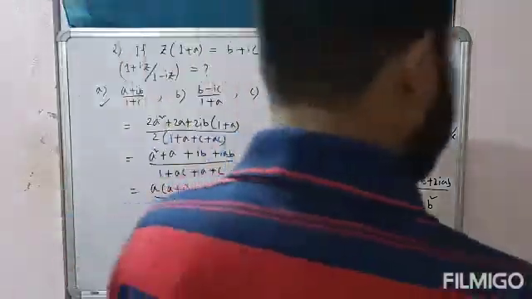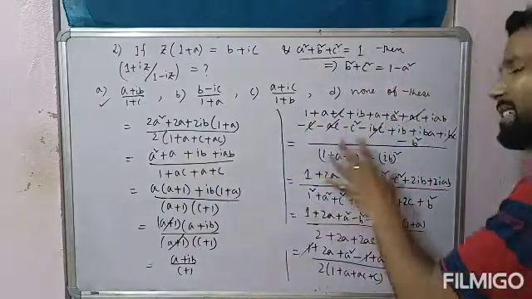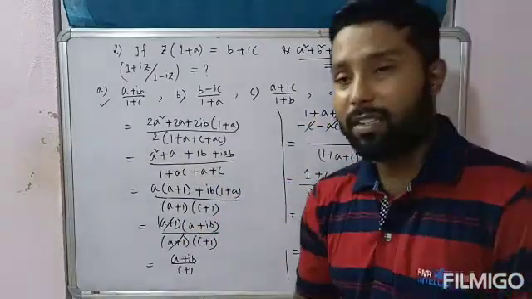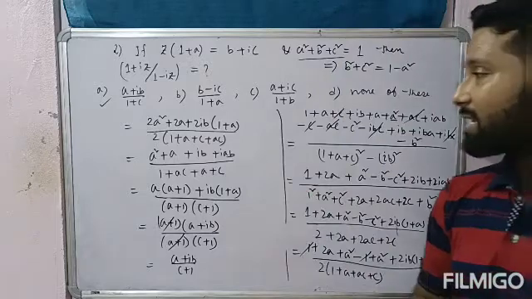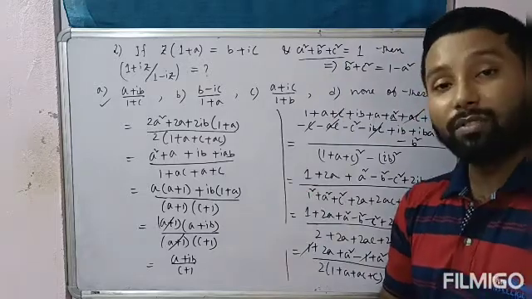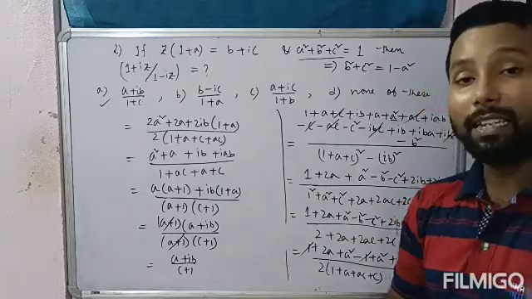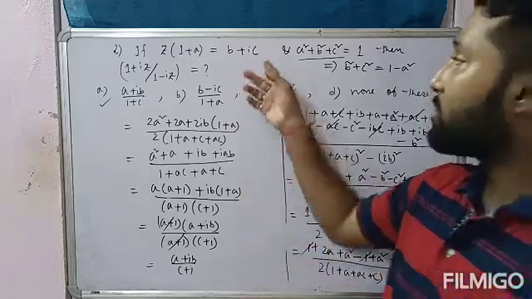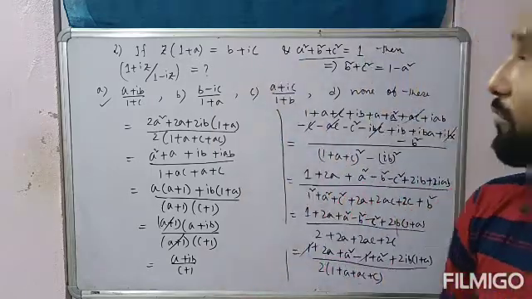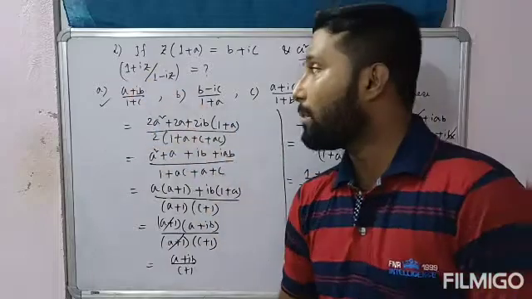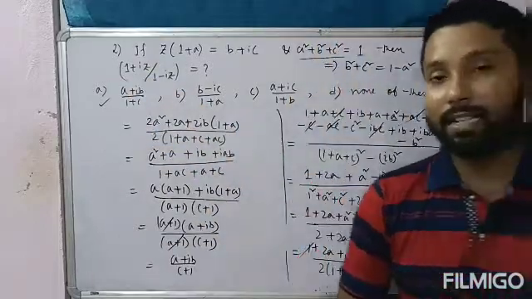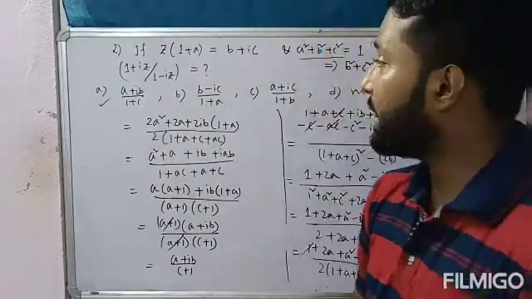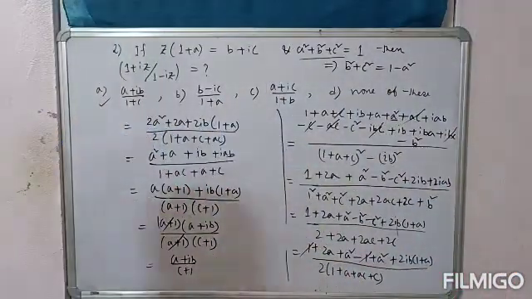So the first option is the correct answer. It takes a little time, but it is just a simplification. Be careful with simplification, because if the simplification goes wrong, the result will not come out. Okay, so by using these two equations, we have to find out the value of 1 plus iz by 1 minus iz. Right? Okay. So the next question I will discuss now.